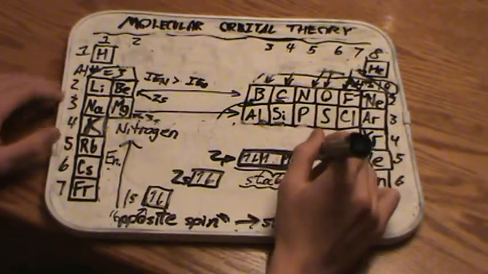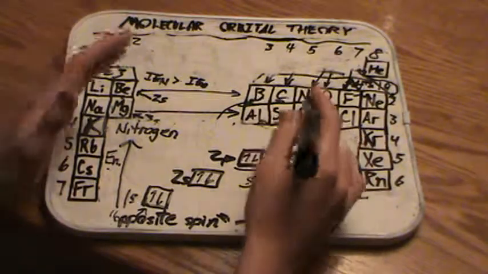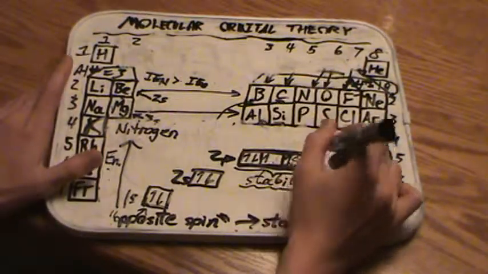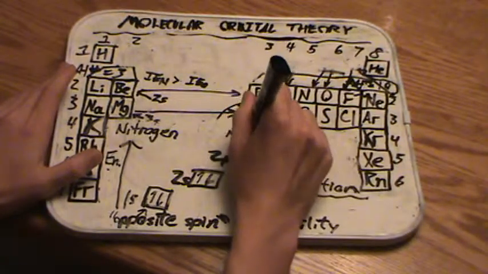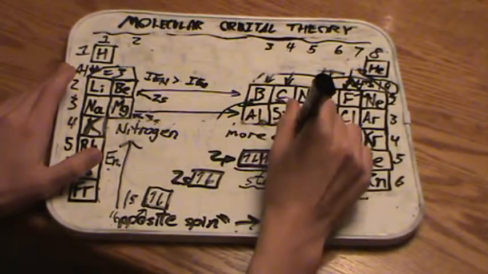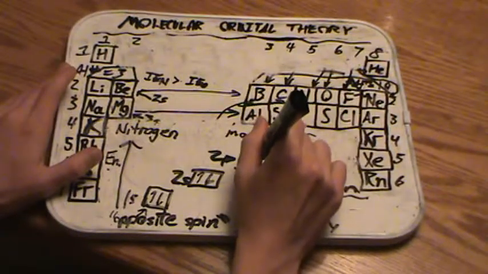So because this electron is so stable in this half-filled orbital, it would take more energy to remove it than this oxygen